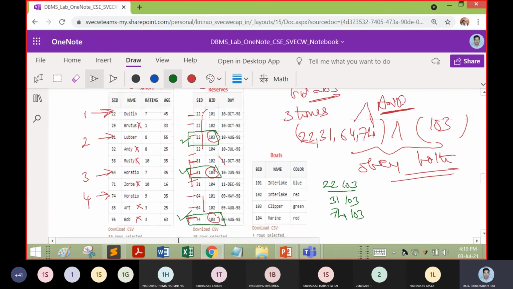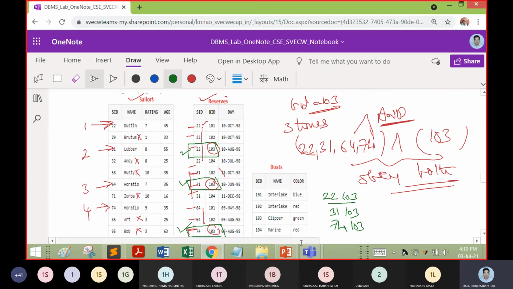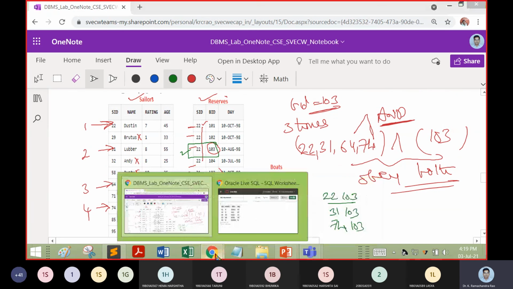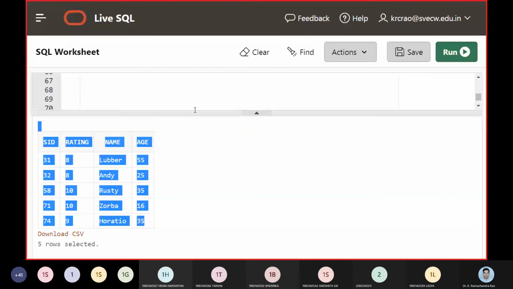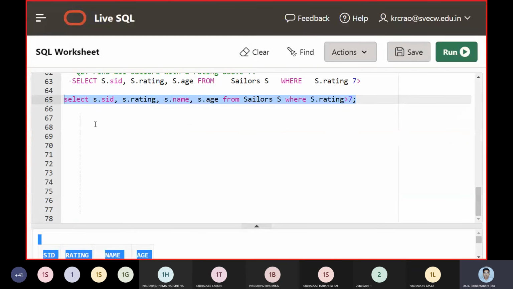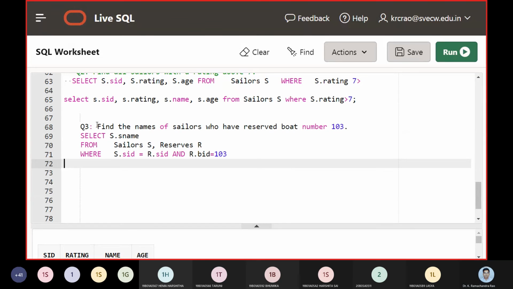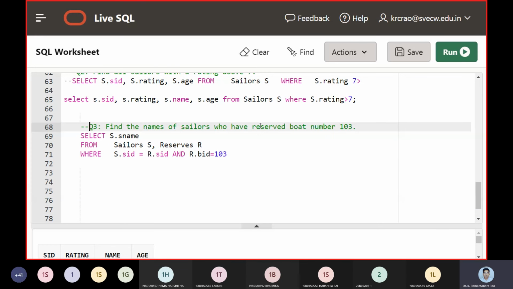So let us see how we get these things when we put them in the live SQL. The query was telling us to find the names of sailors who have reserved a boat with 103.